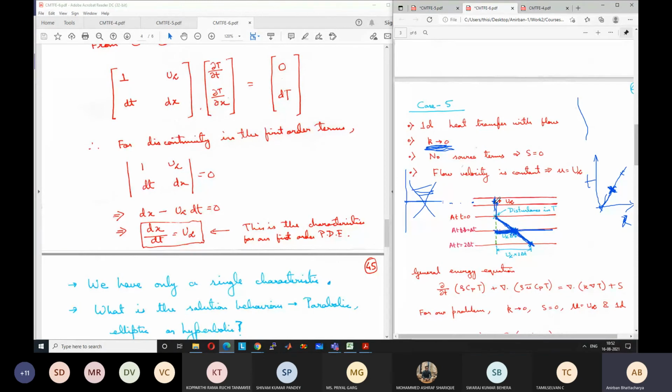So at a particular time, the location which can influence this point, the domain of dependence, is just a point. If you put together all the regions which can influence this point over the entire time duration, it will just give us a line. So the area is 0. Similarly, for the domain of influence, the area is 0, unlike all the equations we have seen previously. Here the entire thing is bounded by a single characteristic line.